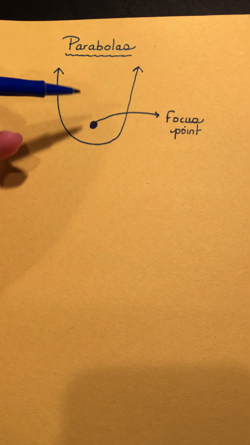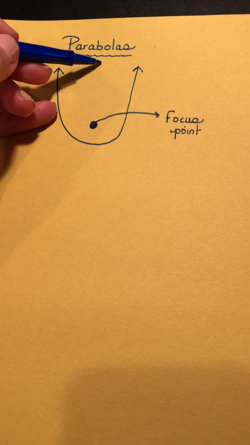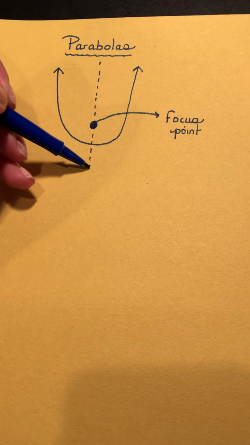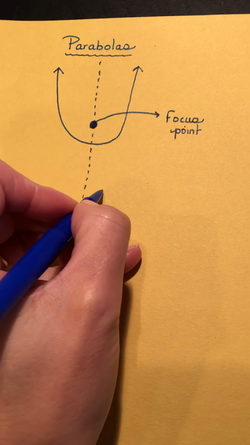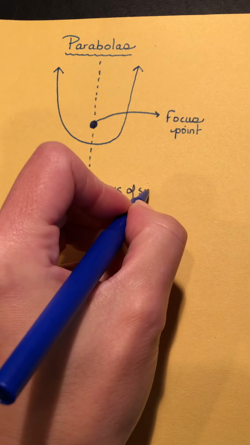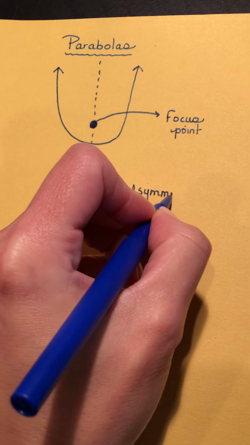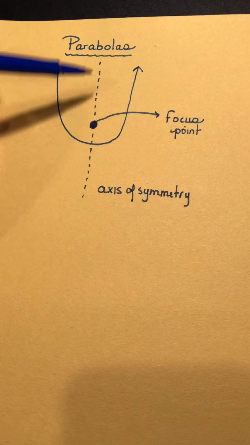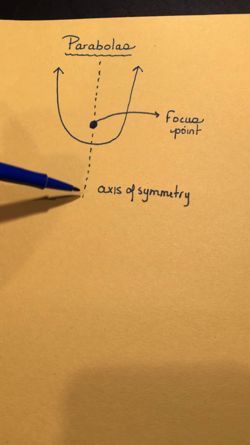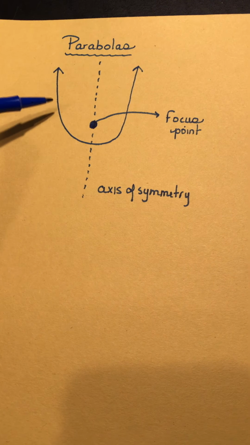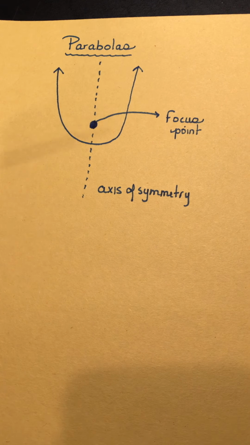Well, for one thing, the focus point lies directly on our friend, the axis of symmetry. And remember, the axis of symmetry is basically a line that cuts the parabola symmetrically in half. If I fold the parabola over this line of symmetry, the left side will match up with the right side